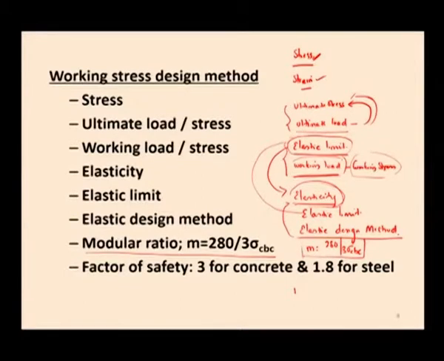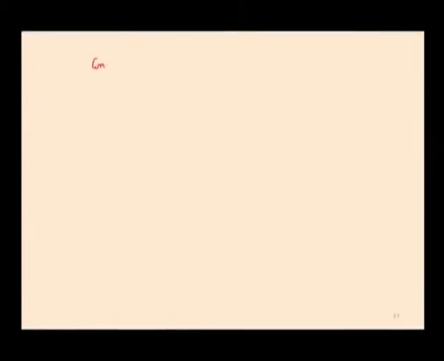Now, when we talk about the ultimate stress and the working stress method, the ratio of ultimate stress divided by working stress is called the factor of safety. We all know that. So, what factor of safety have they used in the case of working stress method? For example, in the case of concrete,